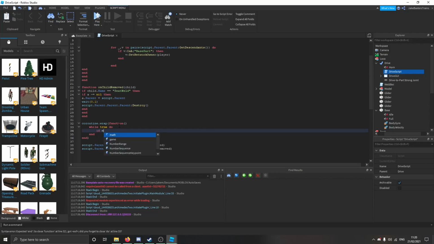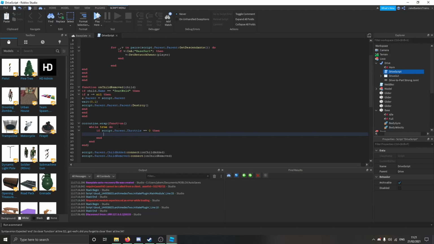So then we can do if script.parent.magnet. I forgot how you do this actually, because I haven't done this in such a long time. Oh, actually, wait, no, I know what we do. If it is equal to 0, then make sure you do that. This is very simple scripting. Then